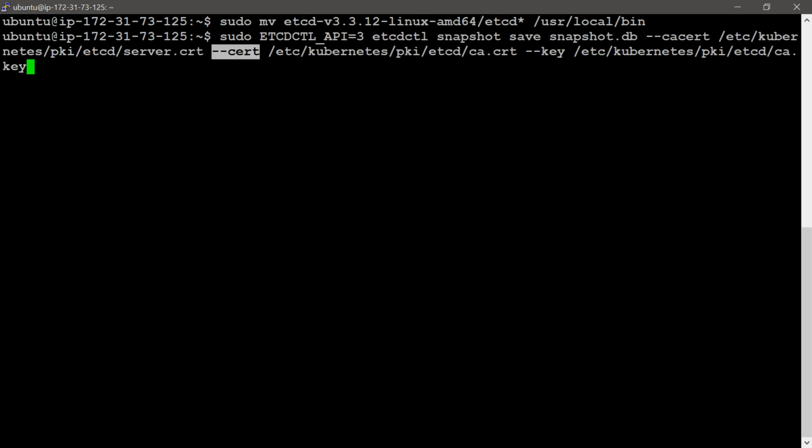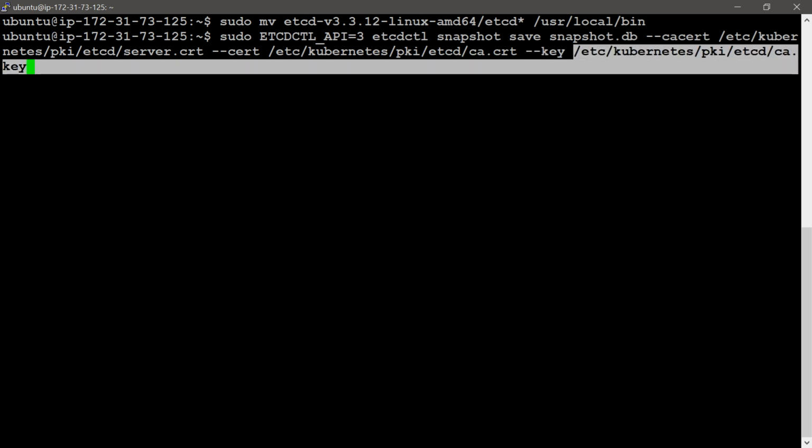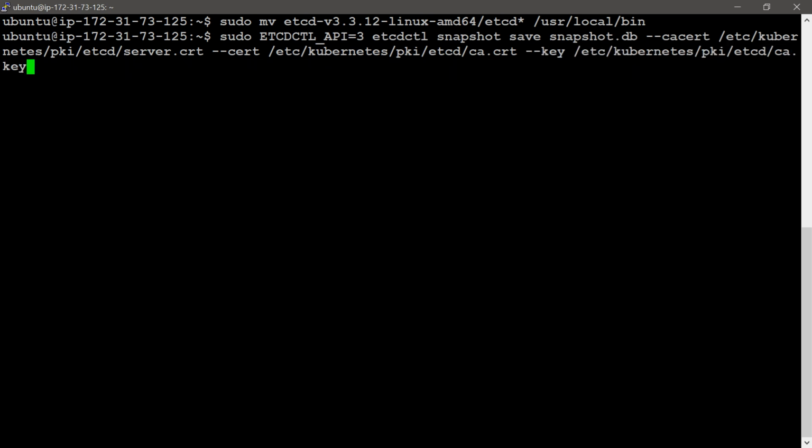Then I am giving the cert at the same location. Then I am giving the key also at the same location. This is the command to take a snapshot. Saved at snapshot.db.